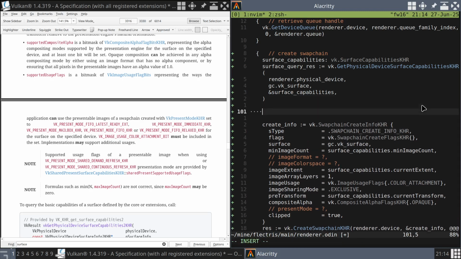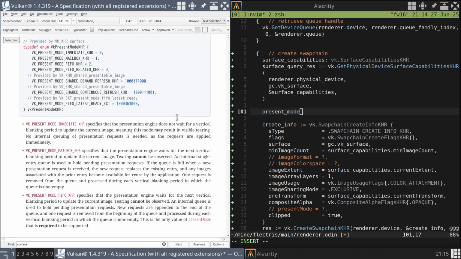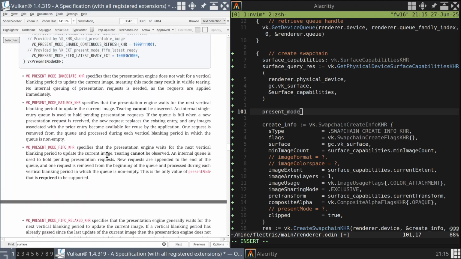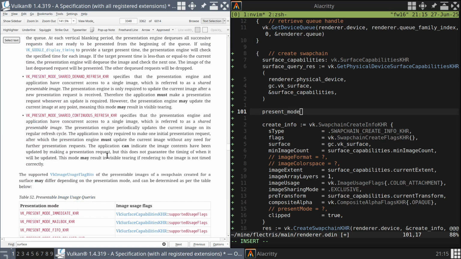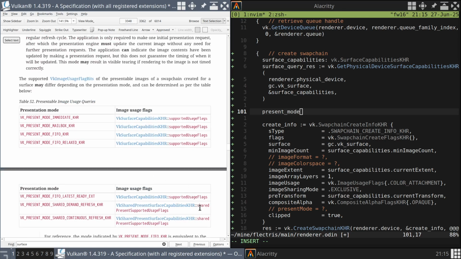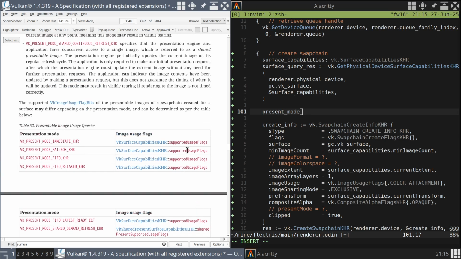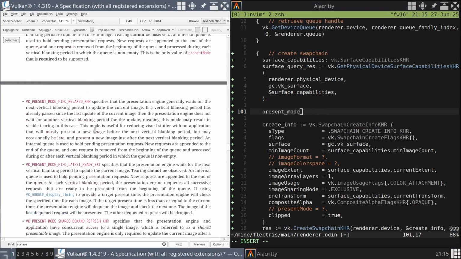We've got the surface capabilities. We would like to say present mode. Can I remember what these actually are? Is it mailbox? I think is the one that we want. VK present mode. I think it's maybe mailbox, the one we want, and FIFO is always supported. I've got it in my head. What is this saying? Presentable image usage queries. Okay, it's telling us some of these things are an extension. Yeah, okay, so we check it against this. Let's just check. I think mailbox